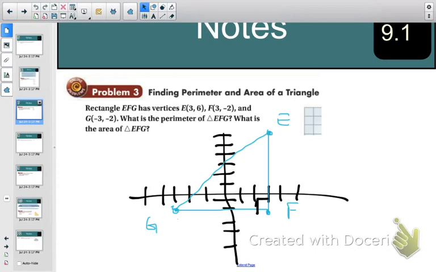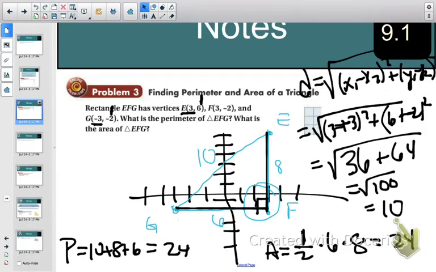Okay, so the nice thing about right triangles, or when they have horizontal and vertical sides, is you can just count the distance. So my length here from -2 to 6 is 8, so this side is 8 right here. Then from 3 to -3, this is 6. So I know those two sides. To get my third side,